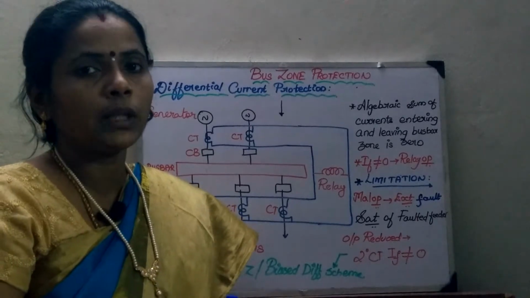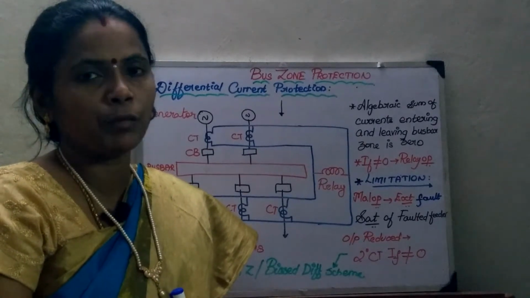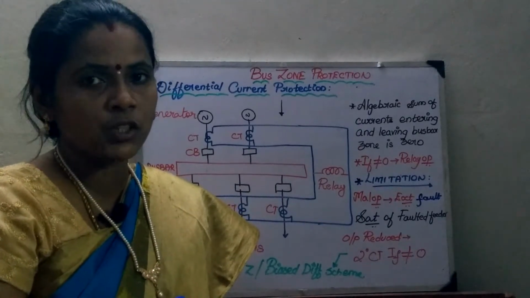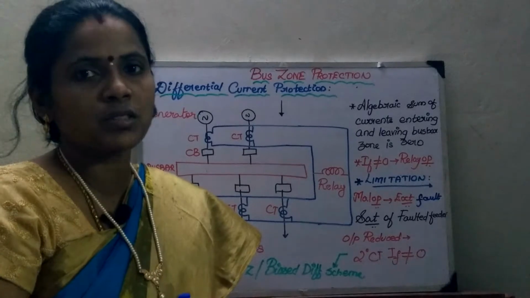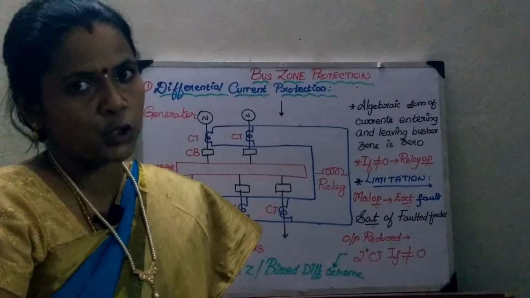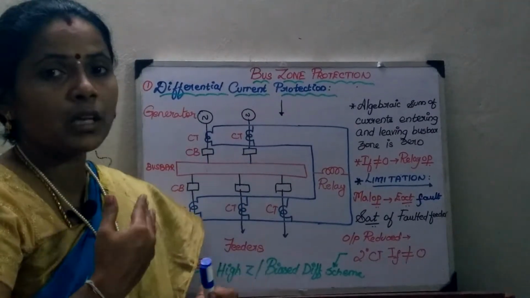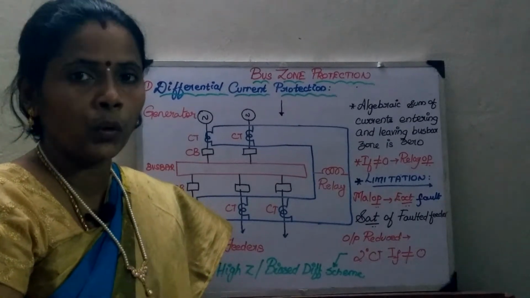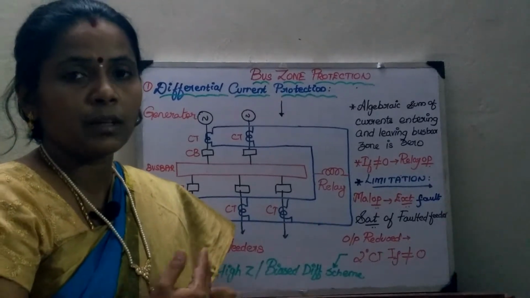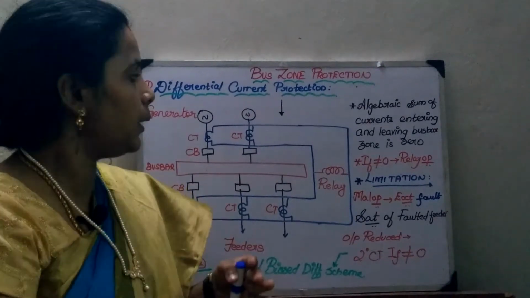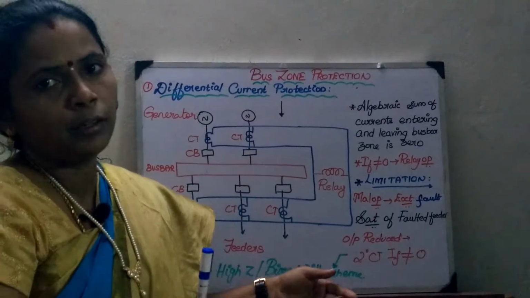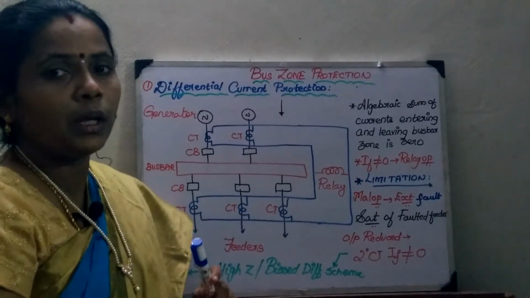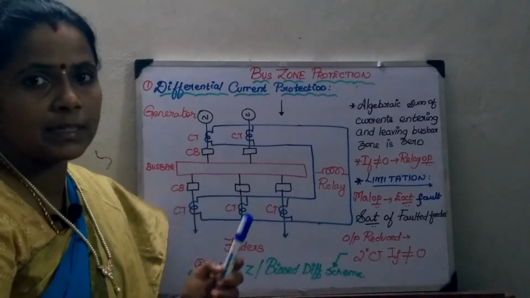We all know that the bus bar is an important component of the power system and it needs immediate attention by the power system engineer, because a fault can lead to the disruption of the power supply to the consumers. This bus bar forms an important framework or network between the incoming and the outgoing lines, since it acts as a base between the generating stations and the feeders. Different types of protection incorporated for this bus bar we will see in today's session.